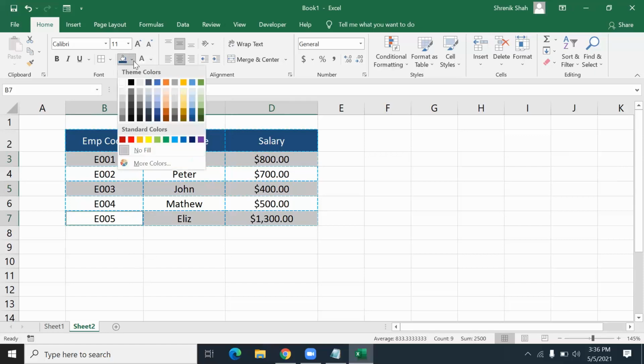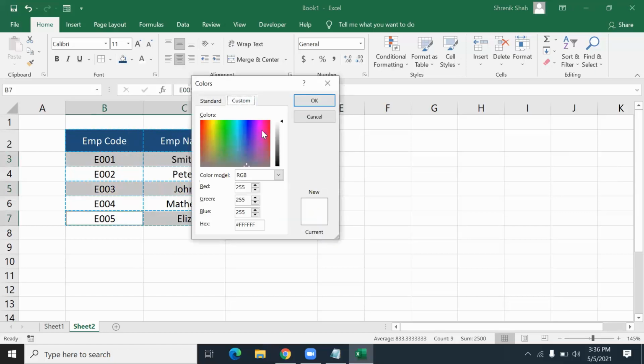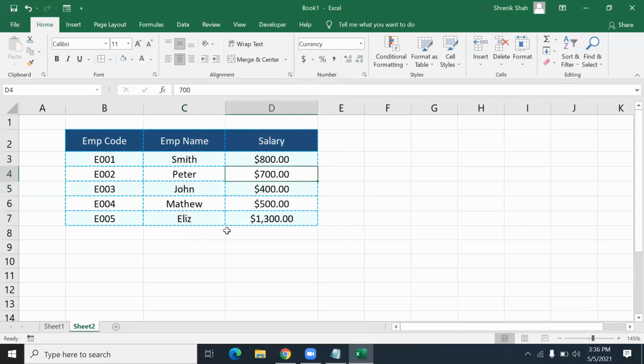I go for this option. Now it offers me so many colors here. You can even go for more colors. You can customize your own color like this. Let me choose a very light color, the blue one, and I click OK. Now it's showing me the banded rows.